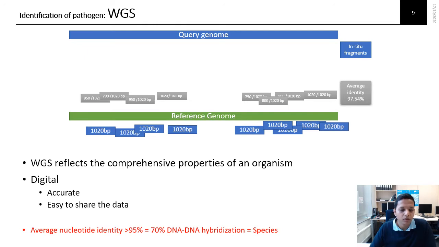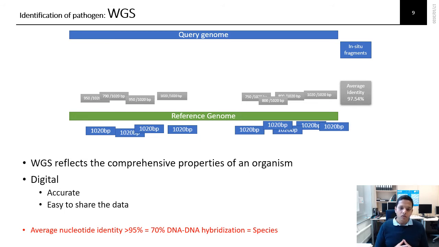The advantage of bacterial whole genome sequence identification is that the whole genome sequence, as the name says, is based on complete data. As I showed in the last slide, classical identification techniques, for example PCR, qPCR, MALDI-TOF, morphological characteristics and biochemical characteristics, are based on a single or a few characteristics of bacteria and not all the characteristics of bacteria. In the case of whole genome sequence, we are using the whole, complete set of characteristics that is possible with the bacteria. So this gives more accuracy for identification, and this is a more comprehensive approach.